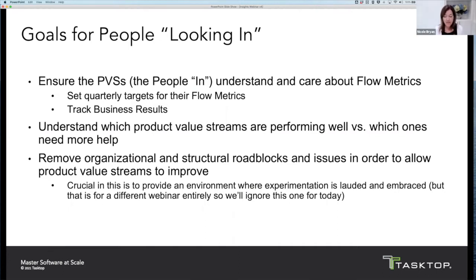The second goal is quite a big bullet point: to understand which product value streams are performing well versus which ones need more help. That notion of performing well has many, many dimensions to it, and I'm going to talk more about that when we start going through the specifics of the Insights dashboard. But it's really important that people looking in are able to understand which value streams are performing well and which ones need more help. This third bullet I include because it is a very important goal for executives and managers, and that is to remove